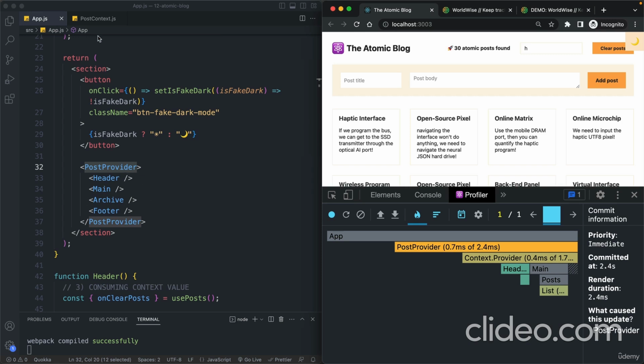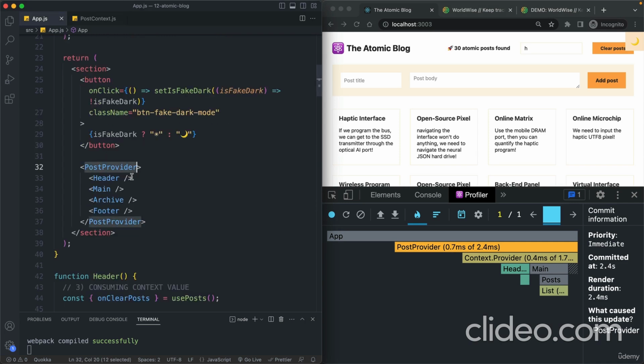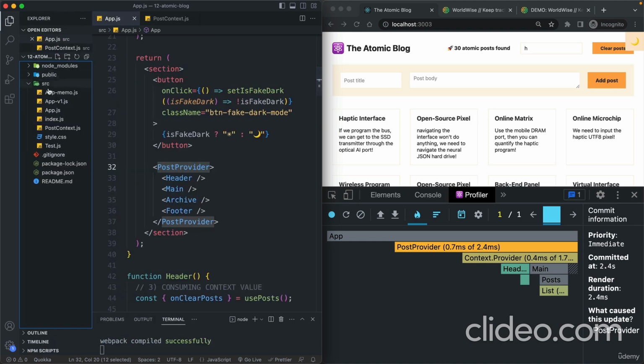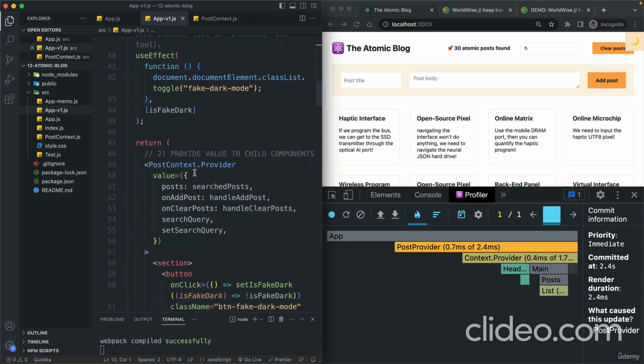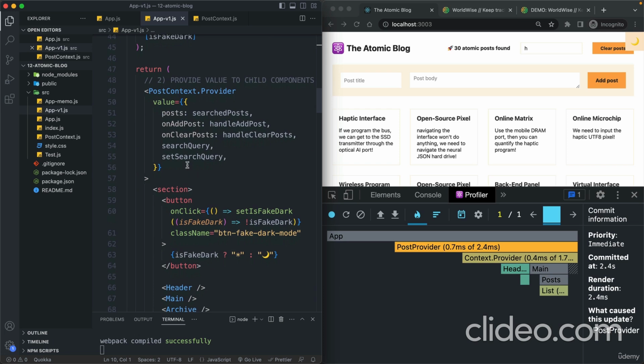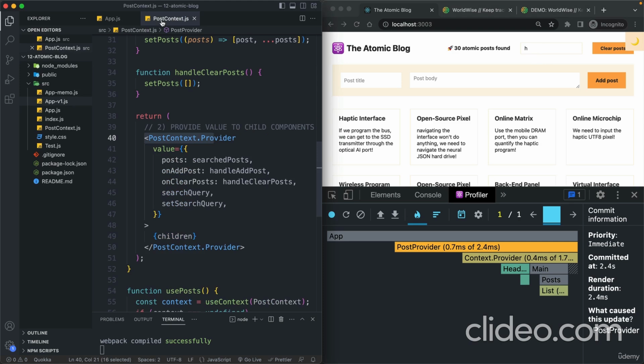So if we just had basically this right here in the app.js, so basically what we did earlier in v1, so let's see. Yeah, so remember how earlier this is what we had. So we had these children here directly inside the post context provider. And then all of these children right here would also automatically have been re-rendered as we changed the state inside that context. So we already have that optimization going on,